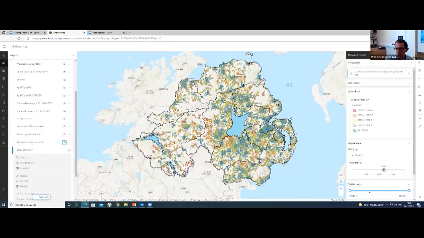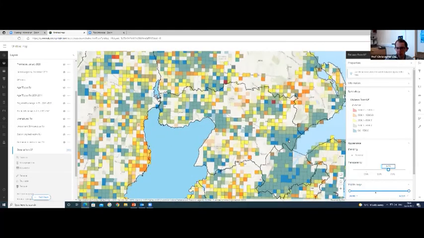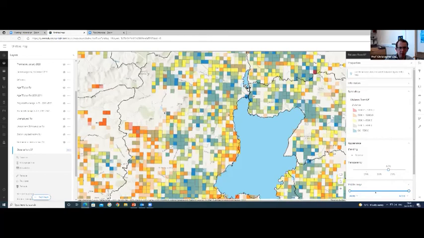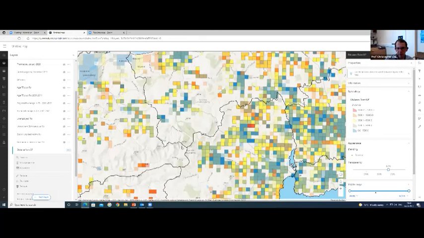And then you can make the layer transparent and zoom in on whatever it is you're interested in to try and see what's basically going on underneath. But again, to make the point about grid squares, the fact that we're properly seeing gaps where we should. So in the Sperrins, for example, here we haven't got any people because either there aren't very many and they're below the threshold, or there's literally nobody living there.